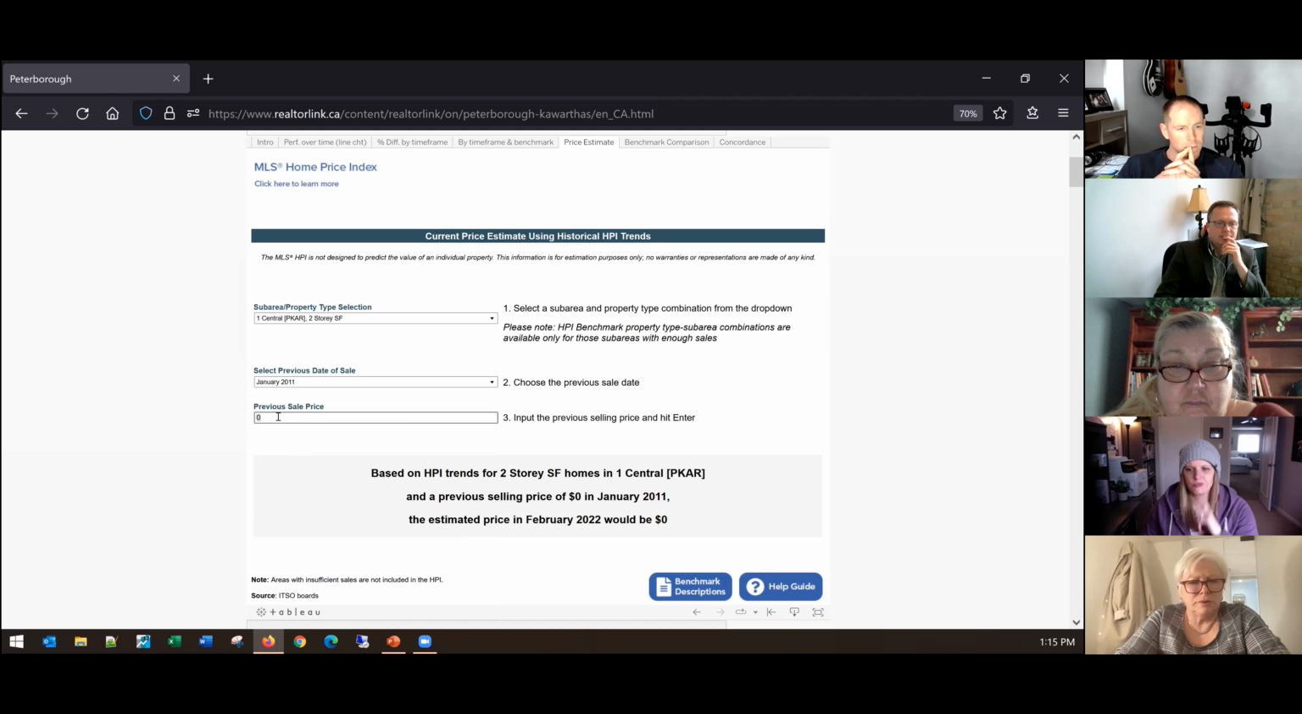And I'm just going to throw out a random number here, but let's say it last sold for $300,000. And we're going to go ahead and hit enter. What you're going to see in the readout at the bottom is that based on the specific HPI models for the property type